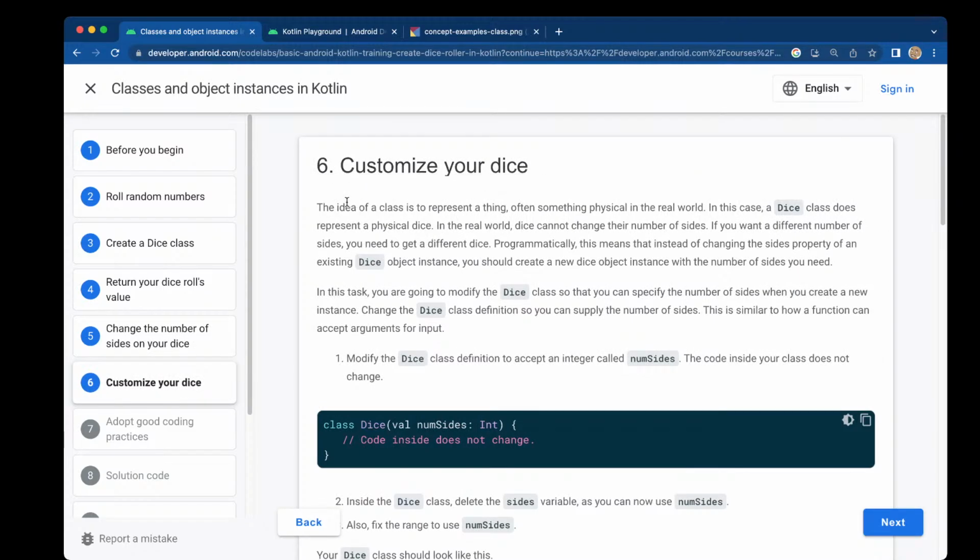Customize your dice. The idea of a class is to represent a thing, often something physical in the real world. In this case, a dice class does represent a physical dice. In the real world, dice cannot change their number of sides. If you want a different number of sides, you need to get a different dice. Programmatically, this means that instead of changing the sides property of an existing dice object instance, you should create a new dice object instance with the number